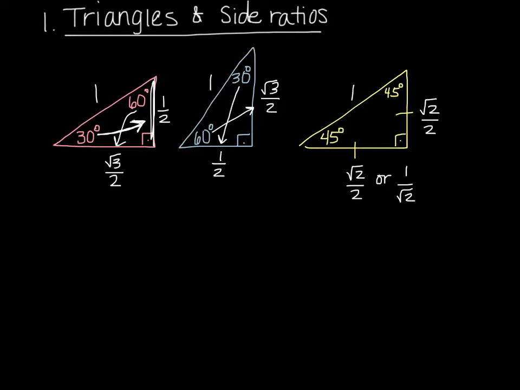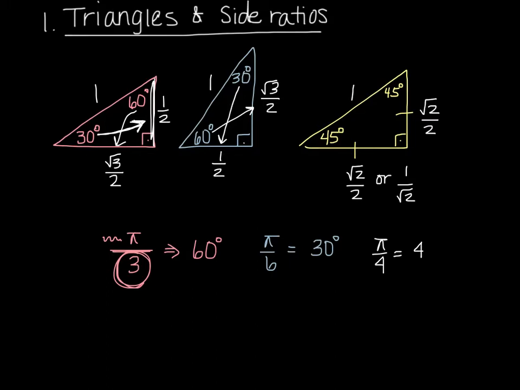And now anytime I reference any amount of pi over 3 type of triangle, we're really going to look at that denominator. So in radians, pi over 3 translates to some 60-degree triangle, and pi over 6 translates into some 30-degree triangle, and we'll just try to figure out what quadrant that would belong in. And then some pi over 4 will be a 45-degree triangle, and that's how we'll know which of the three triangles we have.